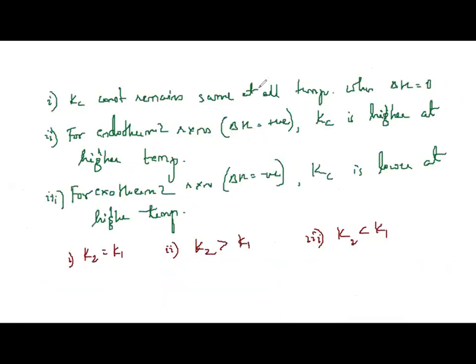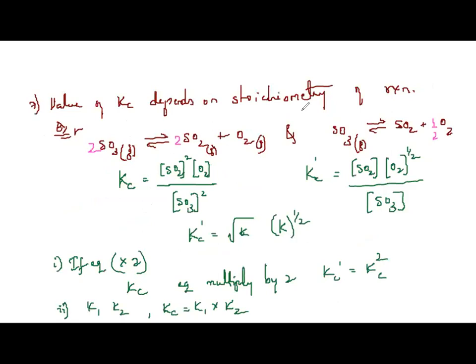So it remains constant at all temperatures when delta H is 0. For endothermic reactions, delta H positive, Kc is higher at high temperatures. For exothermic reactions, Kc is lower at high temperatures. Then the value of Kc depends on the stoichiometry of the reaction. How many molecules are